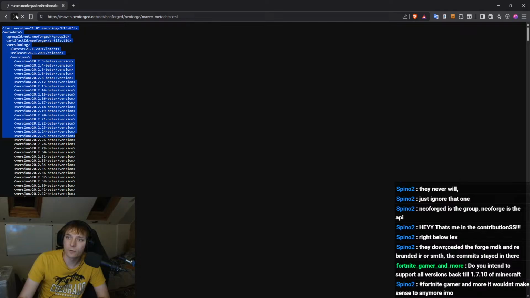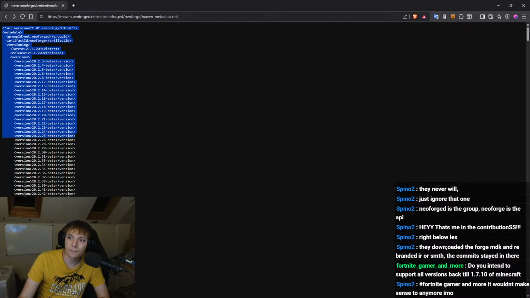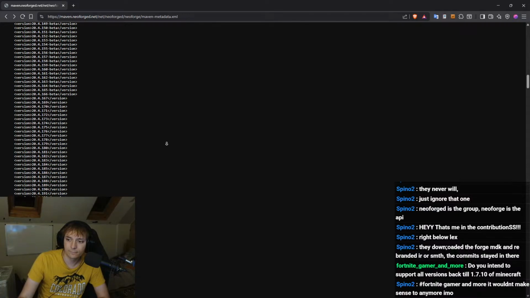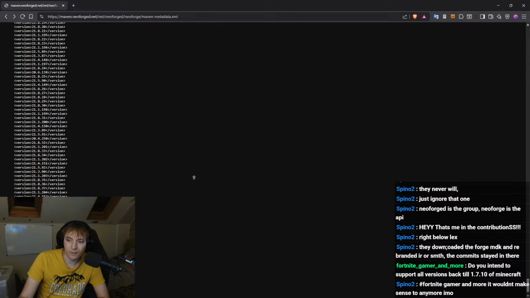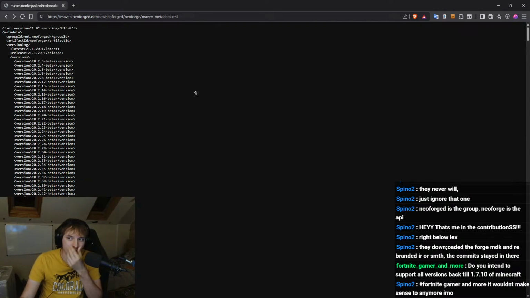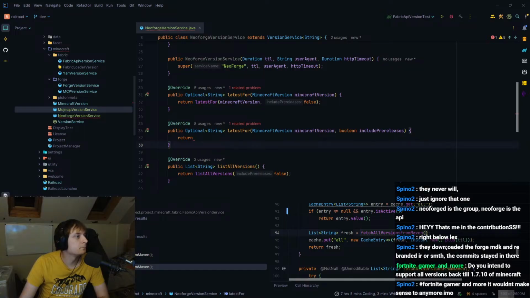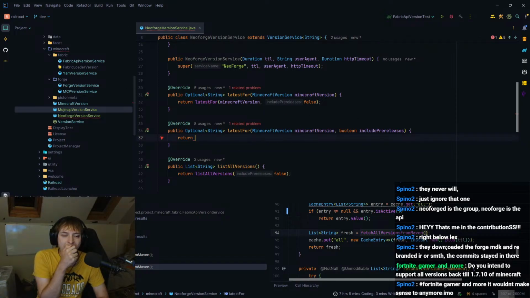I think they've forgotten to do that because Minecraft Forge have done it, but NeoForge have not. Oh, that's funny. It doesn't really matter, but I just think that's kind of funny. Anyways, this shouldn't be too bad. We just need to parse the XML basically.